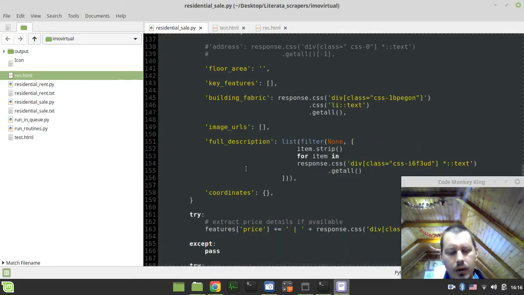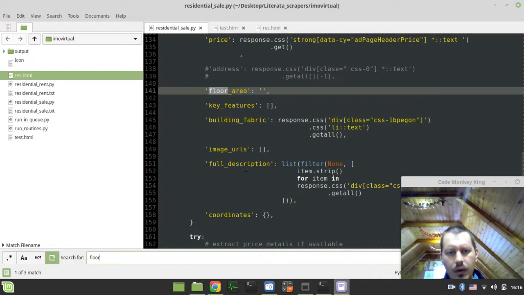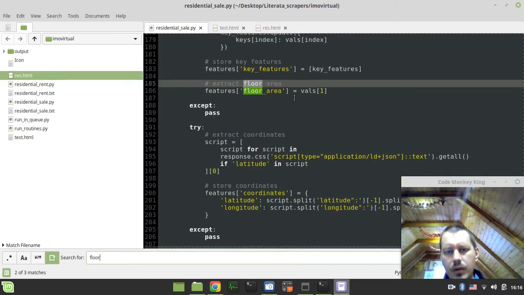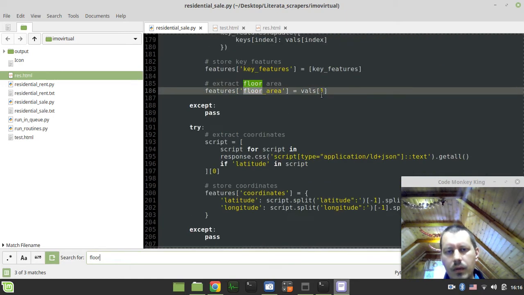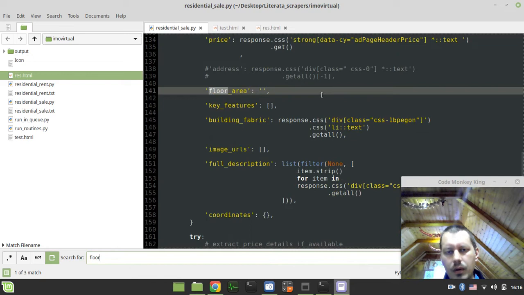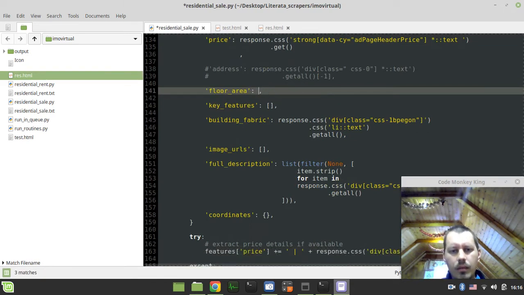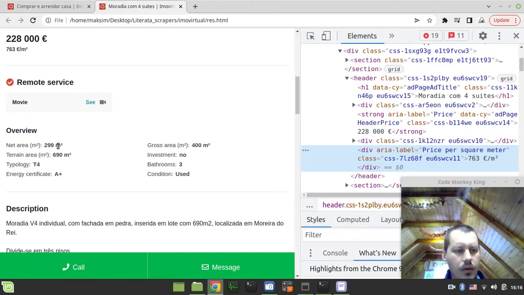I'm wondering, Control F. Yeah, I was using the floor area from the selected one, but I think I still can use it here for a while. So let's say response. Do I have net area, terrain area?